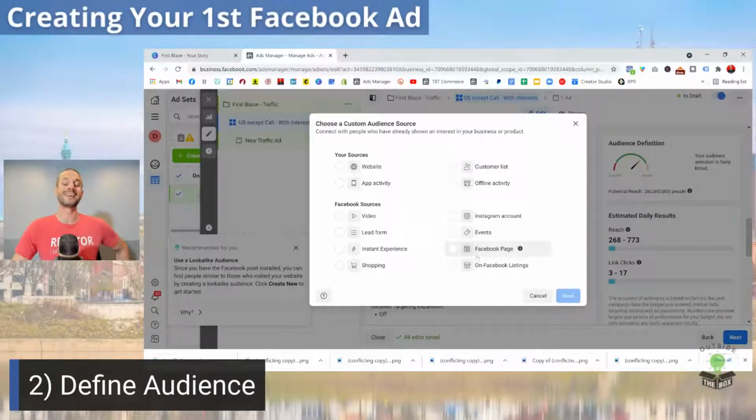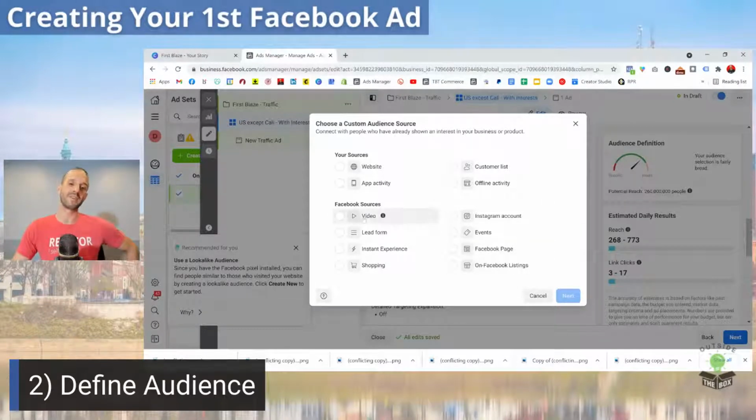People have taken actions on your Facebook page. That's one of my favorites. Anybody that's liked or engaged with your page at any time or within the last 30 days. You can go up to within 365 days right now as far as people that have engaged with your page,